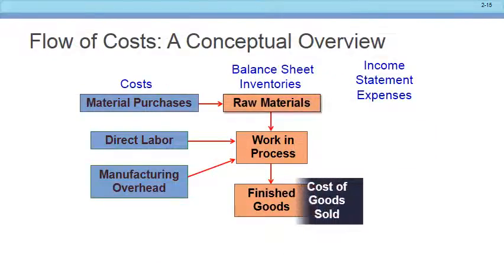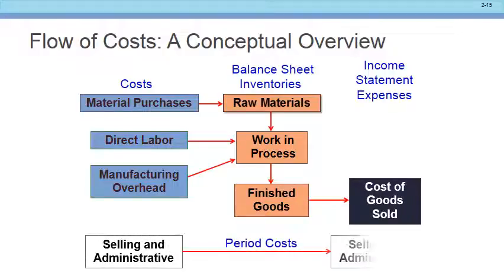Okay, so what happens? We go ahead and we purchase our materials. Our materials go from raw materials to our work in progress, right? So we got all those slices of meat and stuff sitting on the table, right? Out of the freezer onto the table, and then what? Then we start to apply our labor as we make the sandwiches, and we start putting the mayo, allocating the cost of the mayo, allocating our electricity bill, etc., from our overhead, right? All of that goes to work in progress.